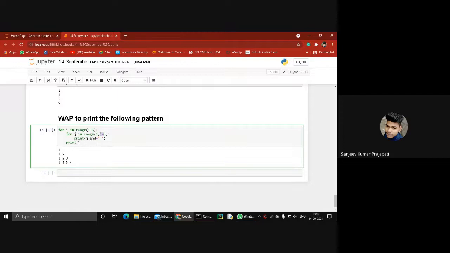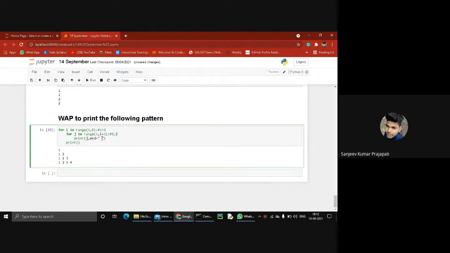In this case the value of i is 1, so i plus 1 returns 2, like 1 comma 2. But 2 is excluded, so the range of j is 1 comma 1. And print j, so the value of j is 1.